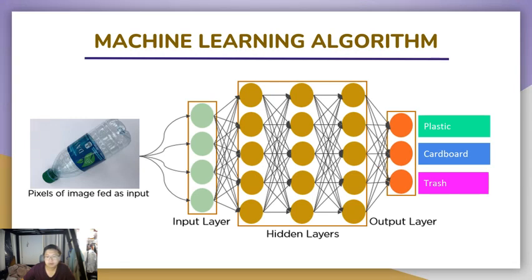Thank you, Austin. Now I'll be talking about the algorithm our model uses. Our model takes an image and splits it up into pixels. Each pixel is passed through as a neuron in our input layer. Then the information is passed through several hidden layers leading to our output layer with confidence values for each of